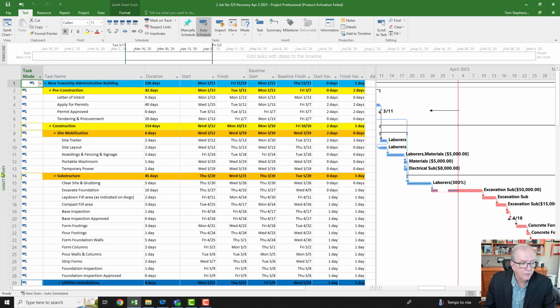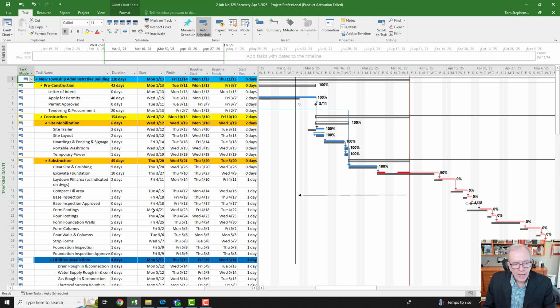All right, pretty straightforward, in this case, to do this recovery. Usually I like to do the recovery in the tracking Gantt. Slide to the left, right click, tracking Gantt. And then I like to look at my various durations. What's possible? What can I do? Maybe even the excavation sub can fix this because they basically think that they can finish it sooner. They're either going to work a couple of long days to get it done. Maybe not. Maybe lay down fill area on drawing, compact fill area,